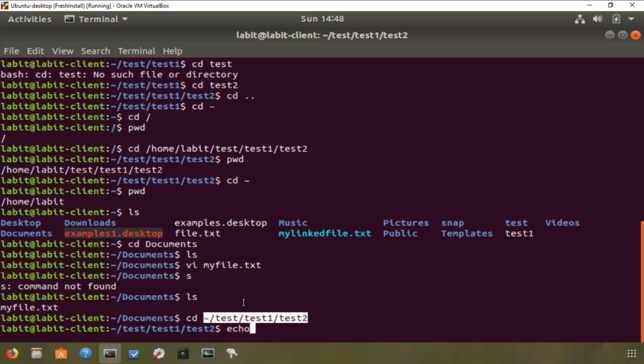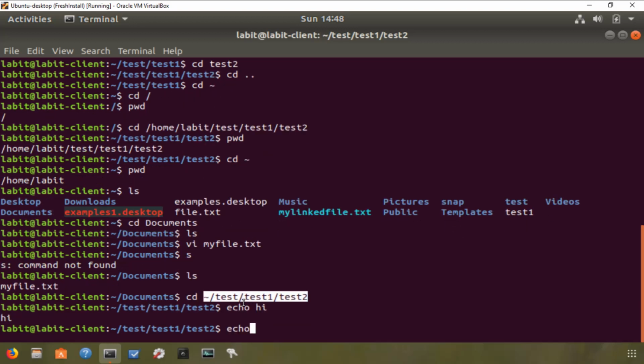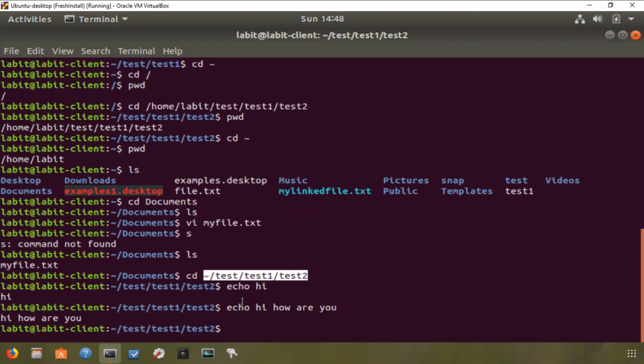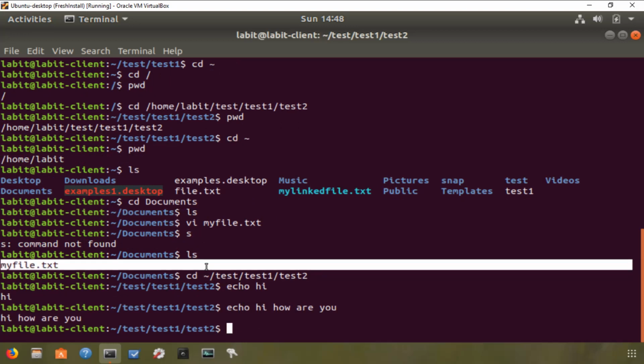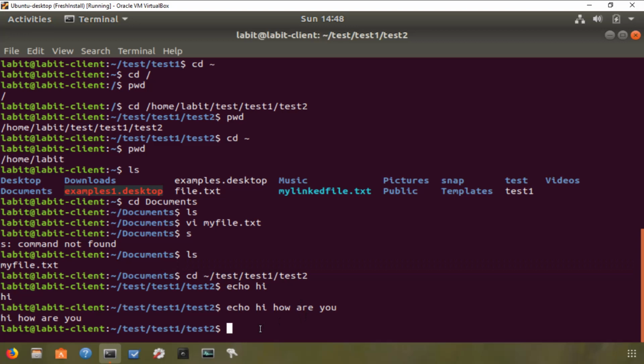I'm talking to my Linux system using echo command, right? And I want to now, without switching my current directory from test2, go and read the contents of myfile.txt. I can use the absolute path, so I can go cat space slash home slash labit slash documents